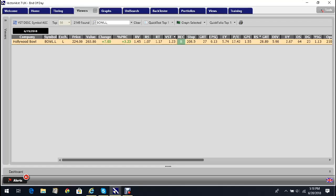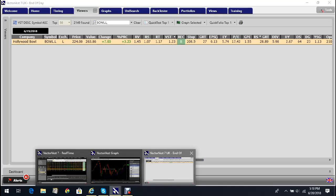It's on a buy recommendation with a stop at £2.08. And we believe it's going to grow earnings next year at 27%, which is a reasonable clip. Pays a reasonable dividend, and we believe it's going to grow that dividend significantly. But the chart is really interesting, folks, and I'm going to pull up the chart,